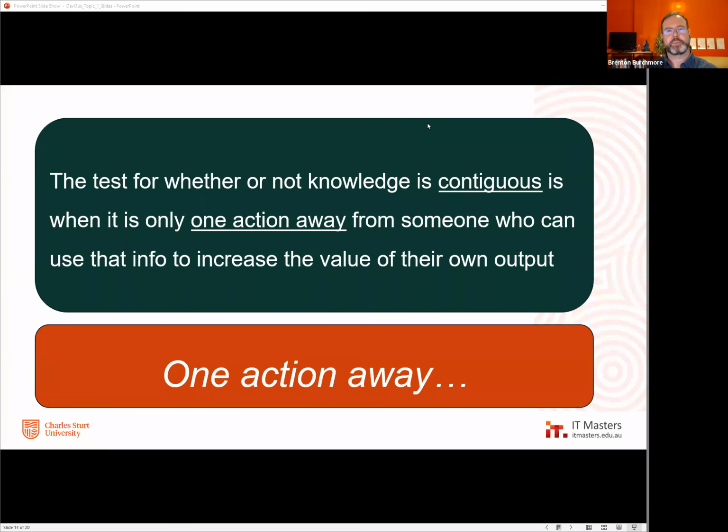Or I tried to reach that person, but they're busy, they're working on something else. They didn't get back to me. They didn't appreciate or understand the benefit that they could bring to me, the value that they could bring to me by responding to my query in a timely manner, because they don't know what I do necessarily, or they don't know what I'm doing with it. They don't necessarily have the philosophical idea that, hey, Brenton needs this. It's going to really help him. It's going to take me 2 or 3 minutes. I'll get back to him and let him know. I'm going to empower Brenton to do this because he's asked and that's how it works. That's how contiguous knowledge, that's how the sharing of information empowers individuals to get that piece of work done.